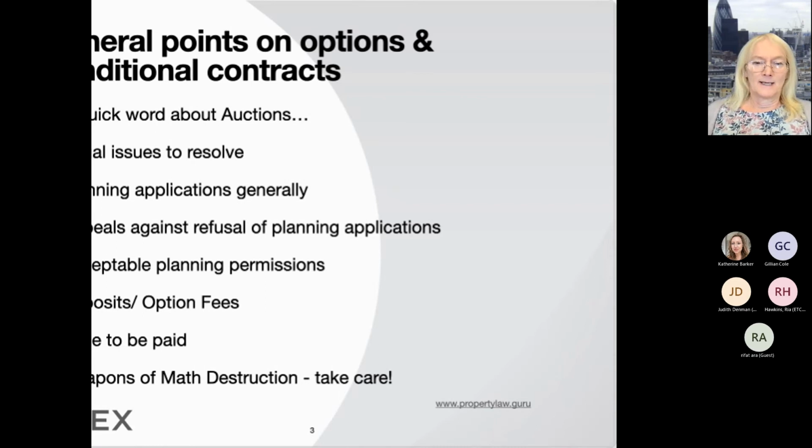The next thing is make sure it's clear in the document, whether it's a conditional contract or an option, when is going to be the date of completion. And I remember looking at one case where neither me nor the buyer nor the seller, I was acting with the bank, could work out when completion had to be, because it all said that completion will be 20 working days after this, which will not be sooner than that, but not after that. And we had to say, well, nobody's got any idea when completion has got to be. And so particularly if it's got multiple conditionalities and extensions for planning appeals, just make sure you take time to work out what the completion date is going to be.